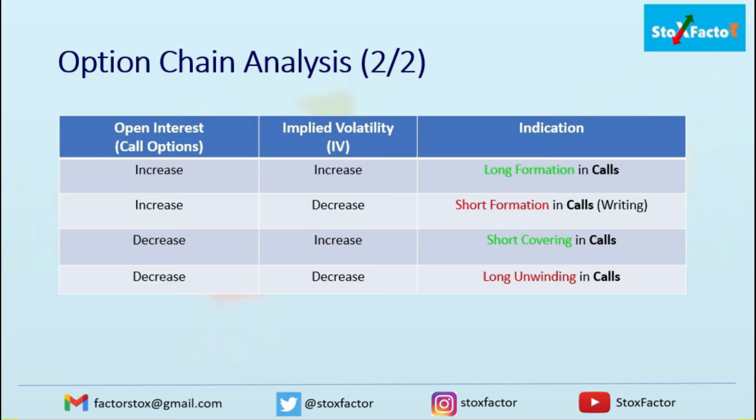But these are generally applicable when you are trading in the index, and generally intraday trading. When it comes to positional trading and swing trading, generally you can follow the India VIX. You need not go into too much detail about the IVs. You only need to follow the option chain and the PCR indicator.